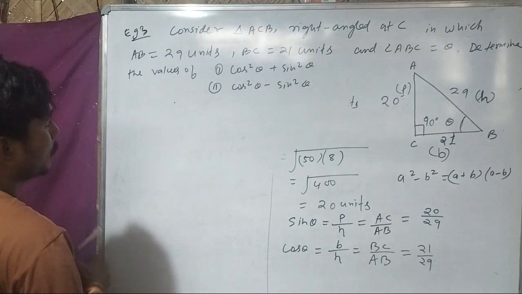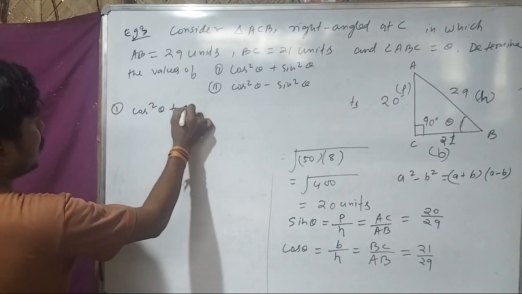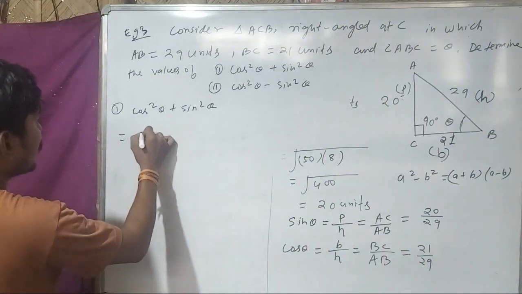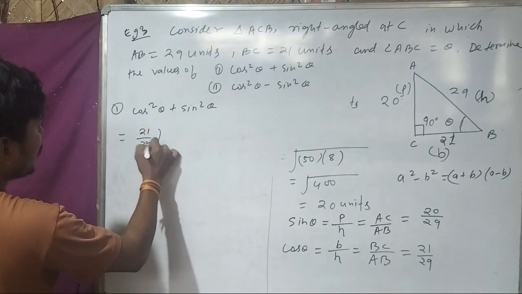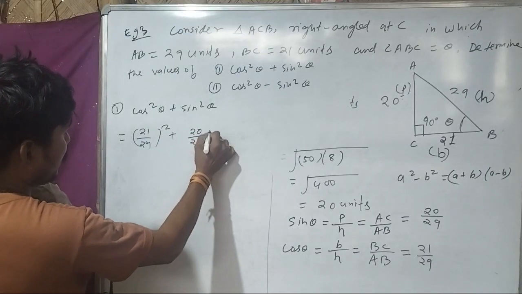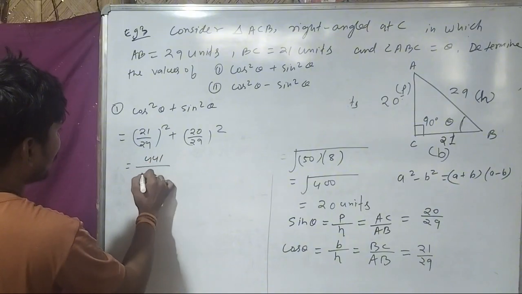Now we will take number one question. That is cos square theta plus sin square theta. Now how much do we get for cos theta? 21 by 29 whole square plus sin square theta. How much do we get? 20 by 29 whole square. So it will be 441 by